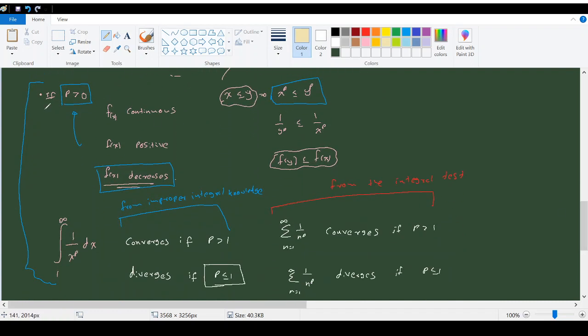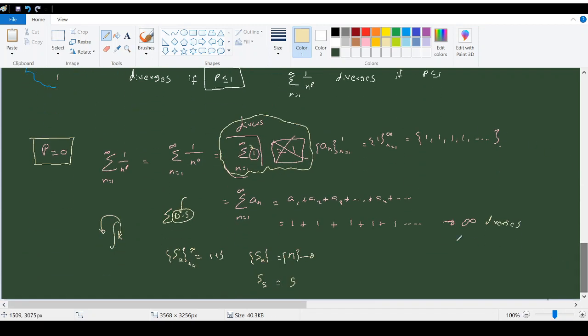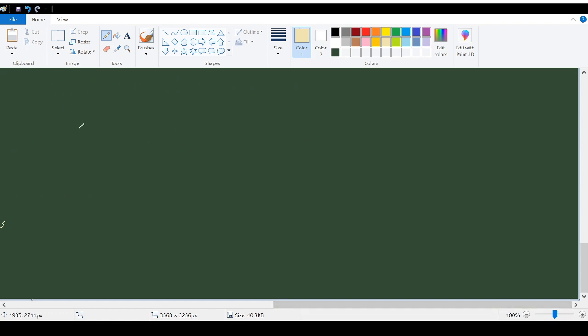Now we have dealt with the situation where p is greater than 0, and we discussed the case where p is equal to 0. Finally we need to see what will happen if p is less than 0. That means what will happen if p is a negative number, right? So in that case, what we can do is consider this series and see